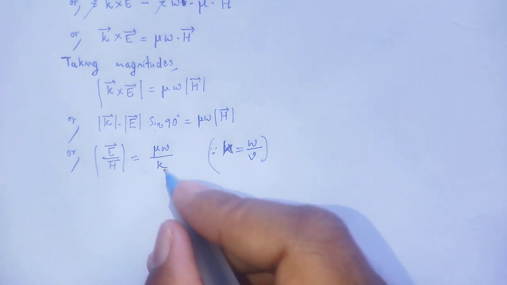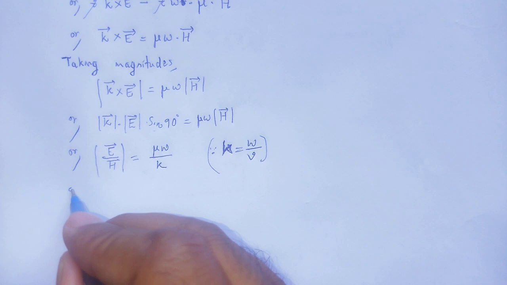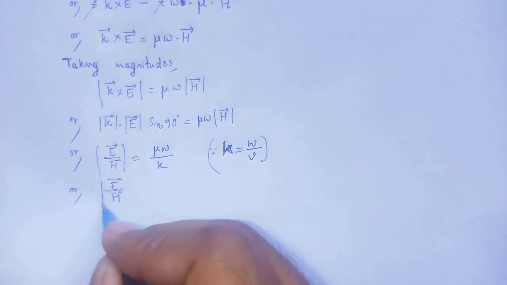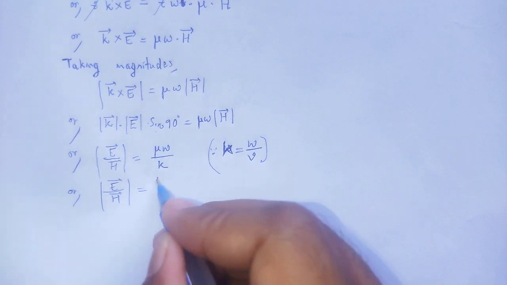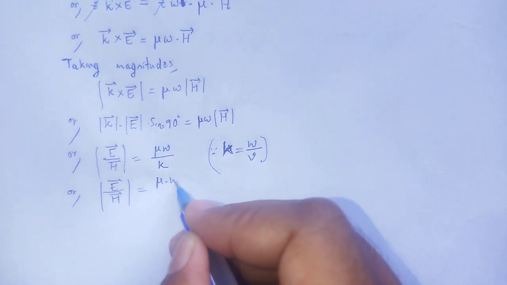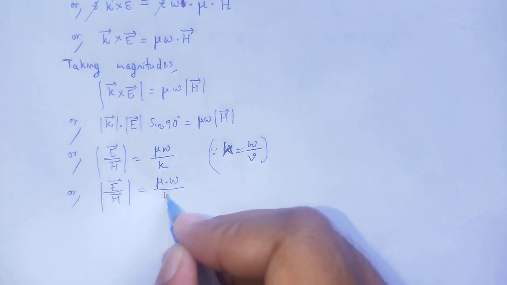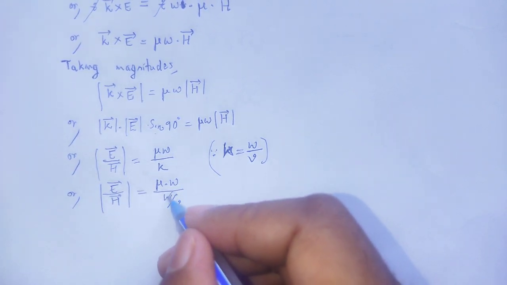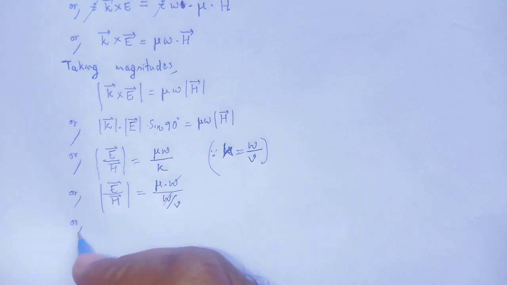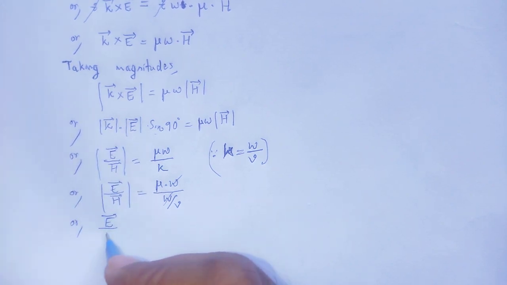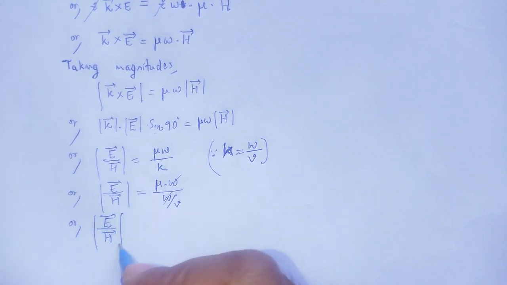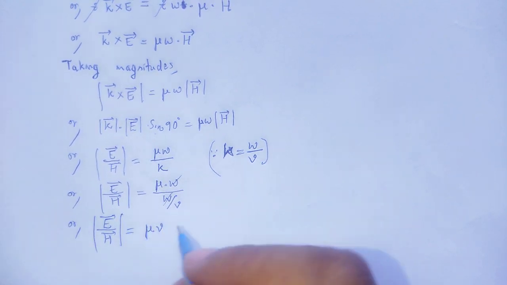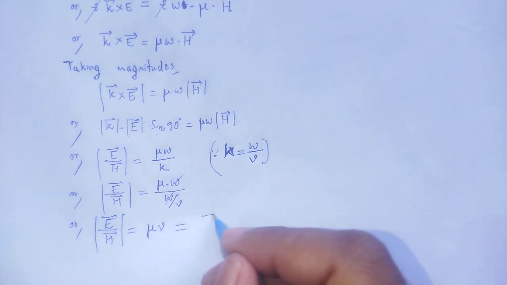Therefore, E by H magnitude is equal to mu omega, in place of k that is omega by V. Here omega cancelled out. Therefore, E by H magnitude is equal to mu V,